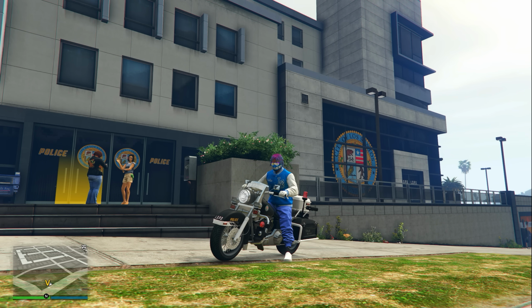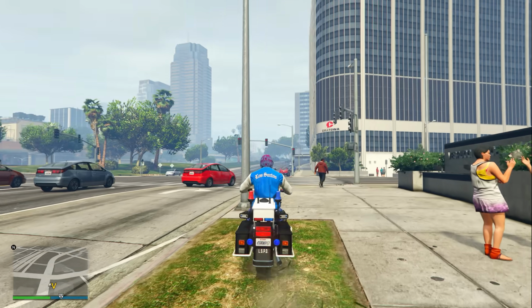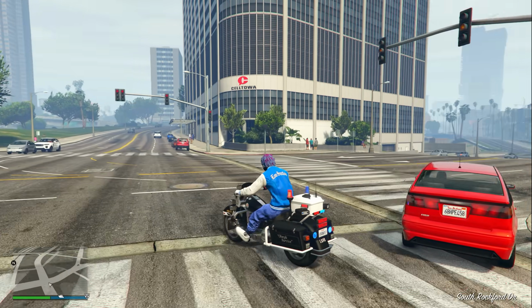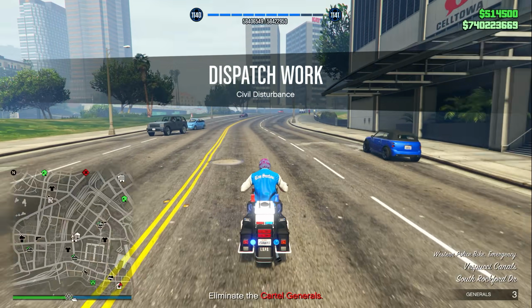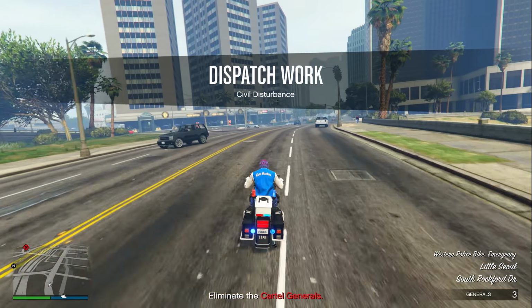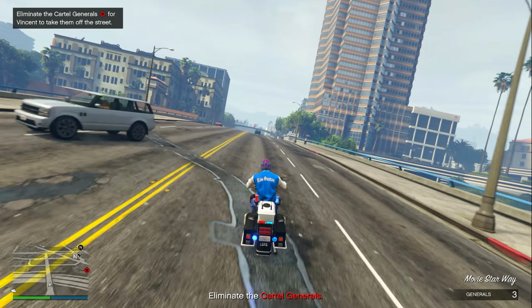To start these, you need any single police pursuit vehicle, and once you are inside of it, what you need to do is double click your left joystick 2 times and click right D-pad to accept the dispatch work mission. From there, you'll be put in a random dispatch work mission, which for this one I got put in. It had me go over to a location to eliminate some cartel generals, which was really easy in an Oppressor